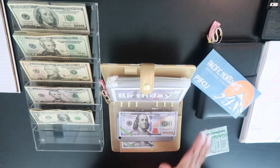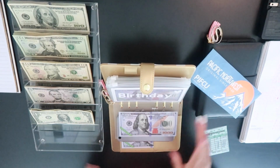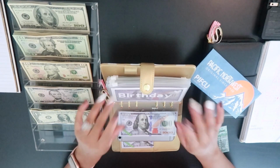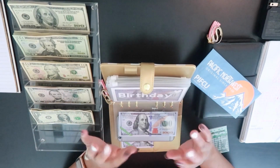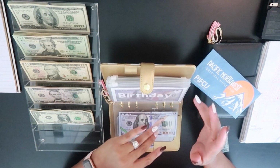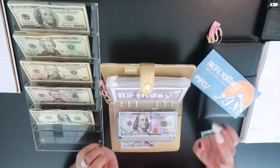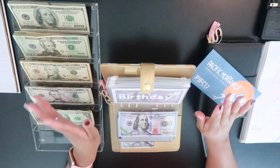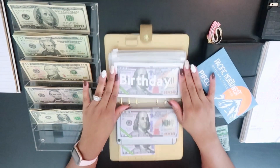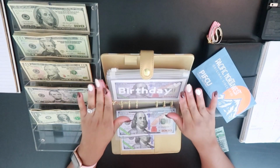And so you guys, the only thing that I'm going to be doing today is just stuffing the envelopes. I'm not going to be counting them, because I do a monthly update at the end of the month on how much I saved for the month with my sinking funds. So I will have that video up towards the end of March, so stick around for that video. So today I'm just going to be stuffing everything. And so the first envelope is birthday, and birthday today is going to be getting stuffed with